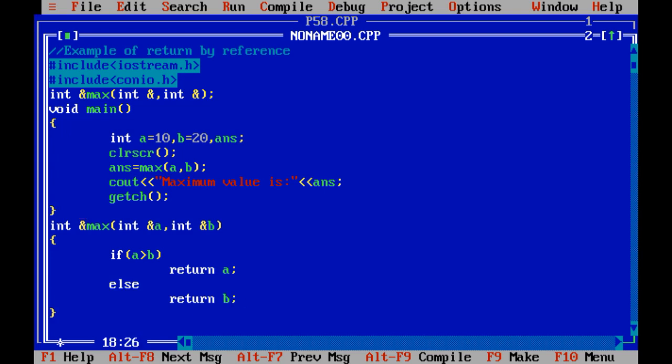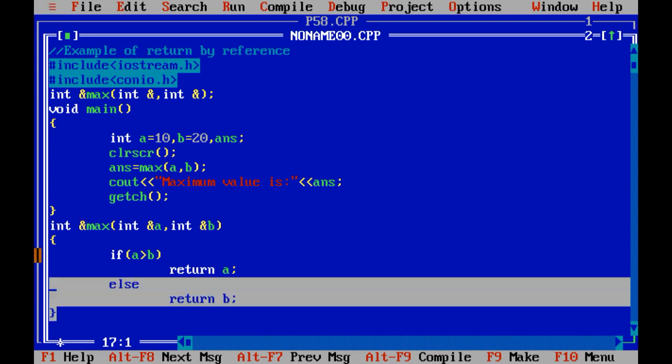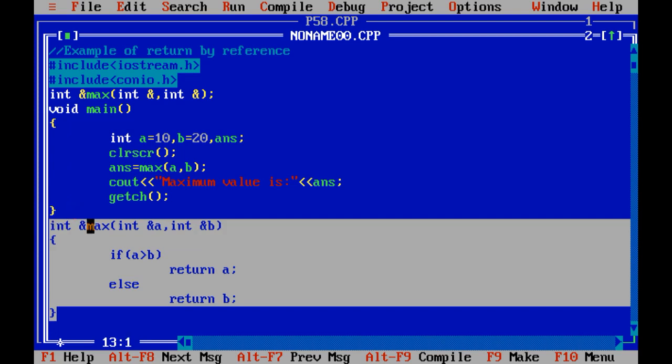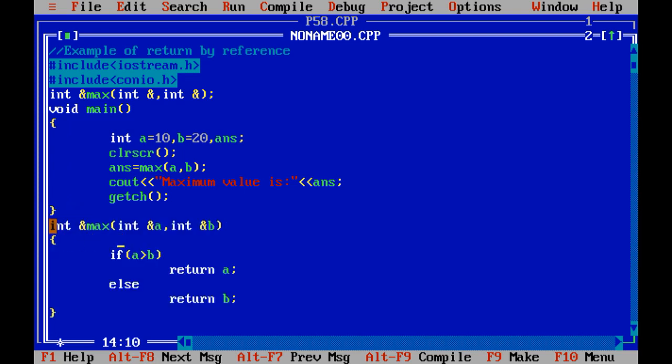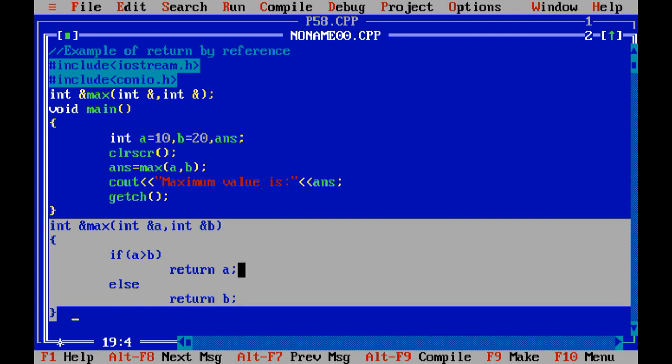Now one question I would like to ask over here. While I taught you the function with argument with return value, at that time I told you that one UDF can contain only one return statement, right?